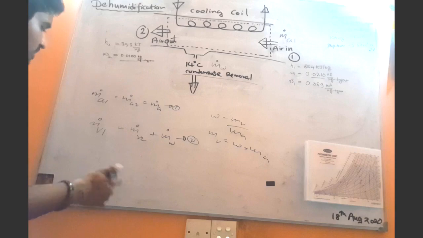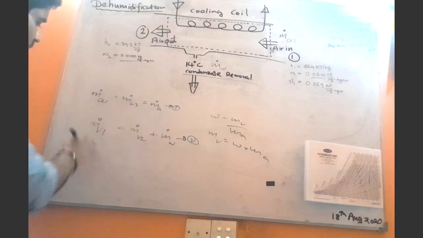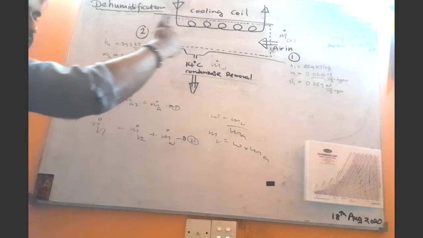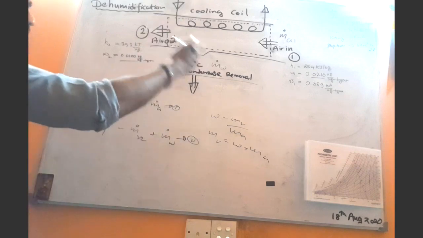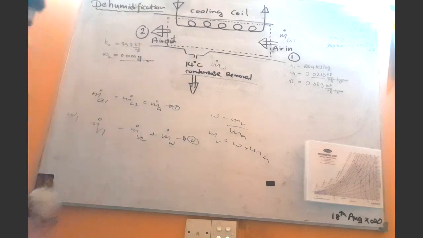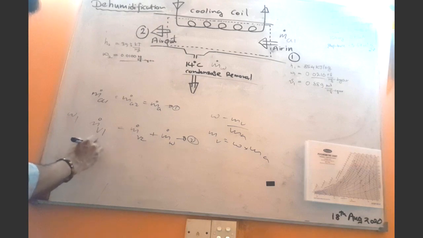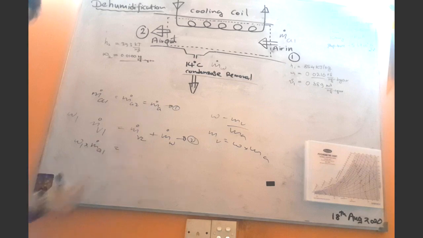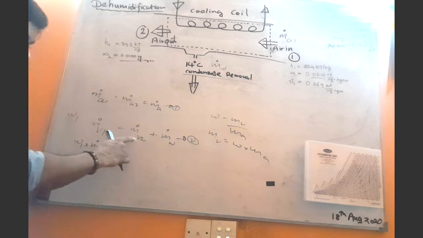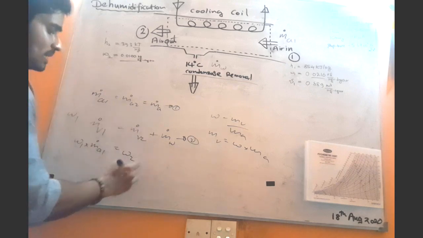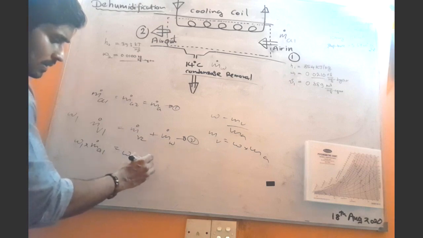There you have to consider omega 1, the humidity ratio at the input side or entrance side. So then what is mv1 dot? That will be omega 1 times ma1 dot. Got the point? Similarly, mv2 dot will be omega 2 times ma2 dot